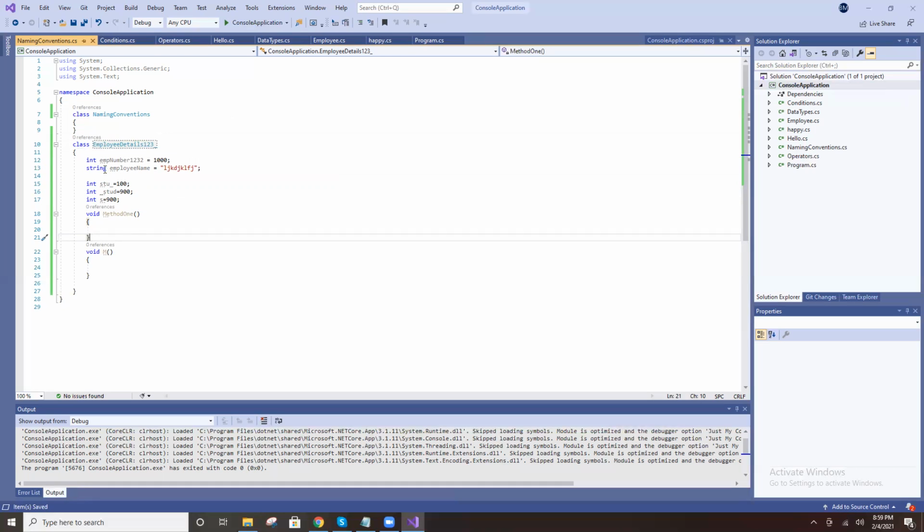Got it, right? Any class name must start with a capital letter, and the next word is also capital. Any property you declare must start with a small letter, and the next word will be capital.